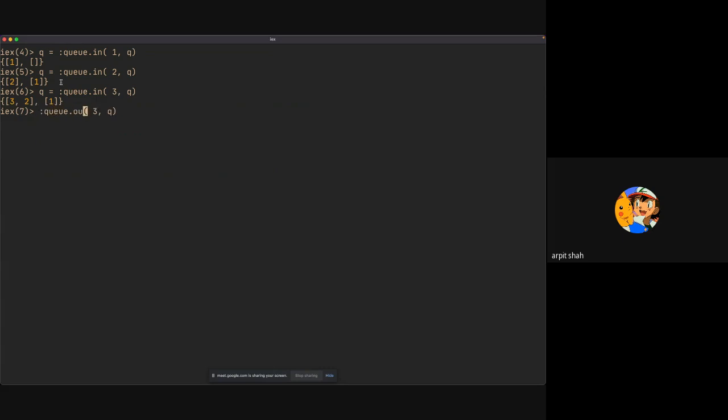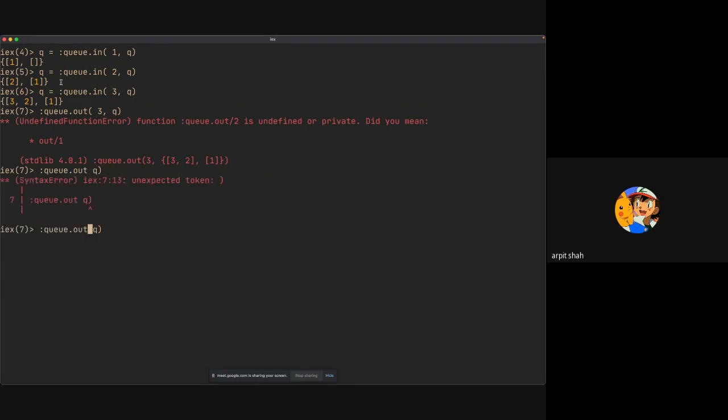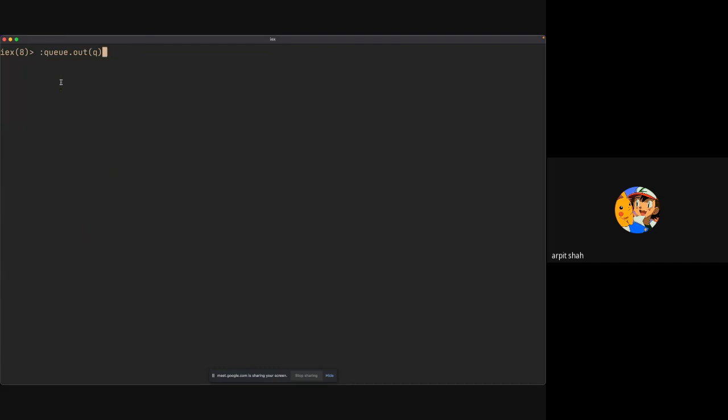If you do q dot out, yeah. So currently our queue has three elements, 1, 2, and 3. And since it's first in first out, one will be out initially, right? Now currently our queue's value is still 1, 2, and 3, right? And if we want to